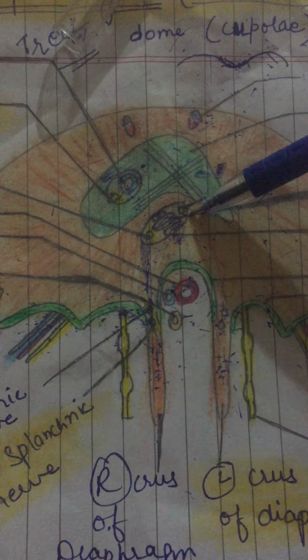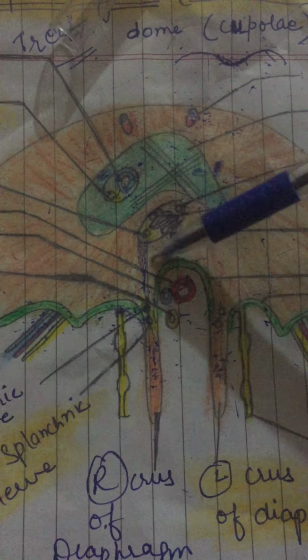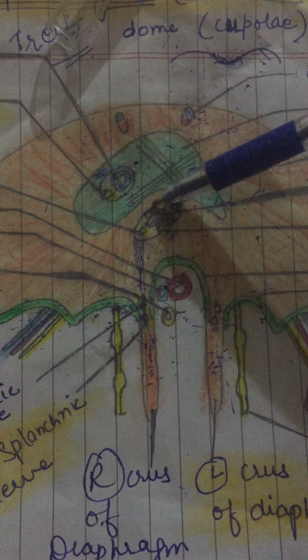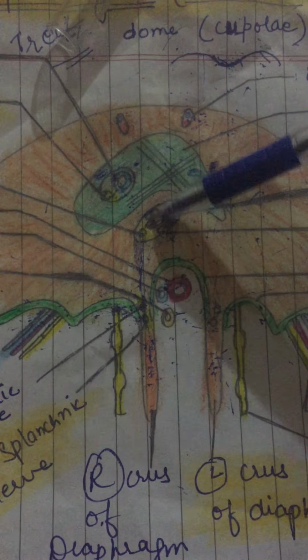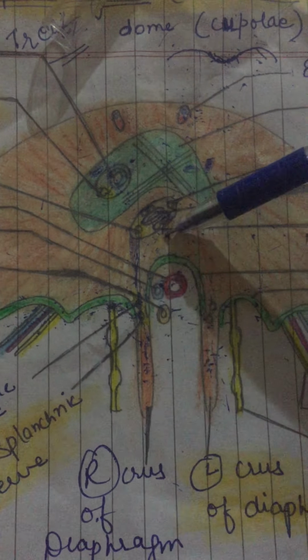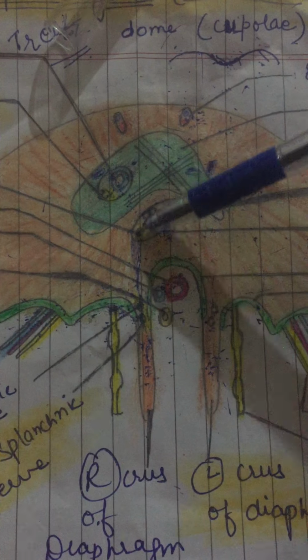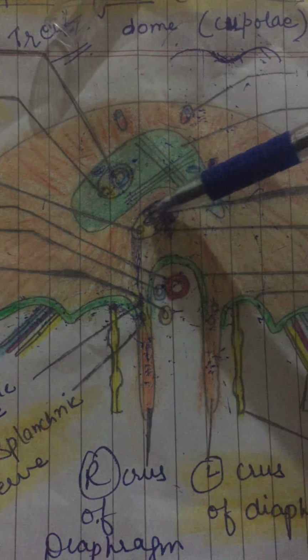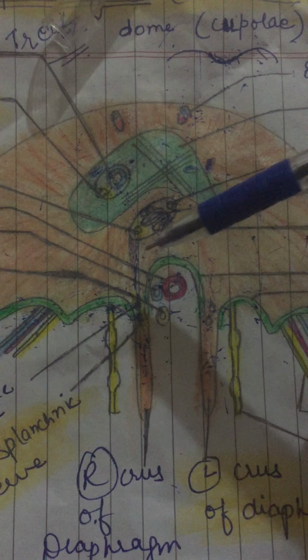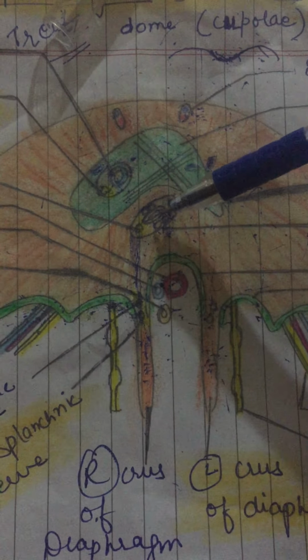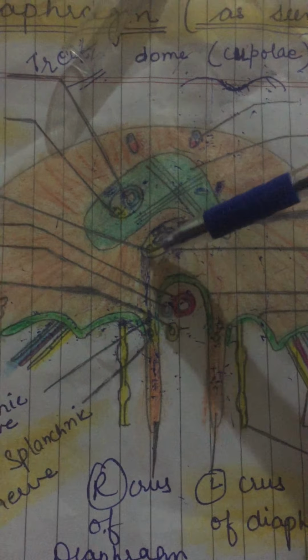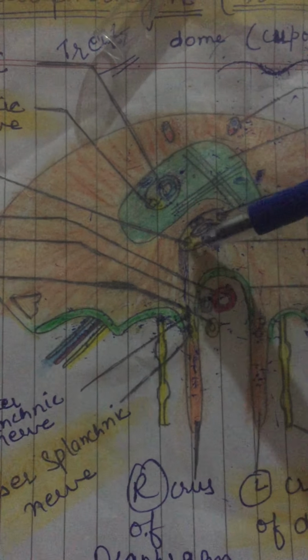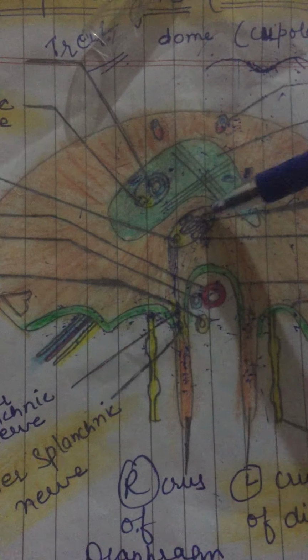Now the esophageal opening. It lies in the muscular part, this lies in the tendinous part, this lies in the muscular part, right? At the level of 10th thoracic vertebra: 8, 10, 12, right? It is elliptical in shape and formed by the splitting of fibers of the right crus, right? Now, structures passing through this esophageal opening are the esophagus, anterior and posterior vagal trunks. I have drawn right vagus and left vagus, right? Anterior trunks of right and left vagus.